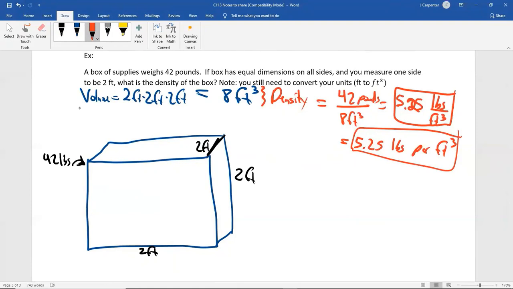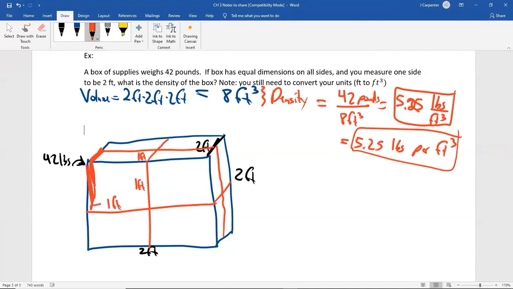But this is 2 by 2 by 2. What if I were to maybe slice this box? So I'm going to slice this box like so. Be careful this way. So that each of these little red boxes is 1 foot by 1 foot by 1 foot. Just trying to emphasize, this little cube right here,